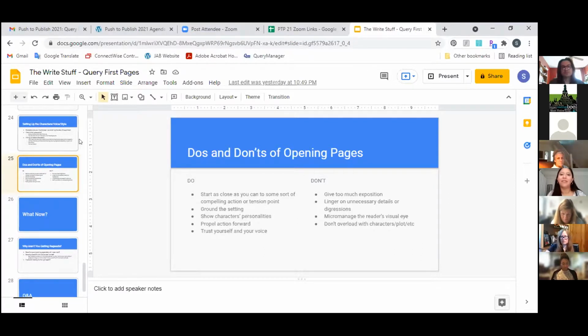Someone just asked, why is writing unlikable characters so easy? My theory is that unlikable characters are everything you wish you could say, everything you wish you could do, without having to suffer the consequences of actually doing it. Because I know if I walked into my workplace and knocked over everyone's coffee cups and yelled at everyone, I would not have a job anymore. But if I was writing a story, it's much easier to write the circumstances in which a character could get away with that. So if writing unlikable characters is easy for you, awesome for you.